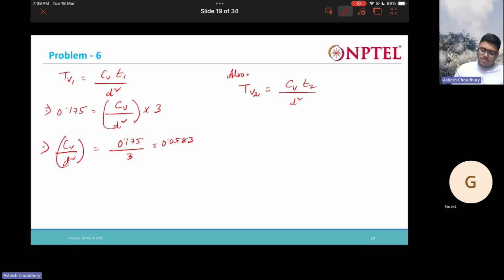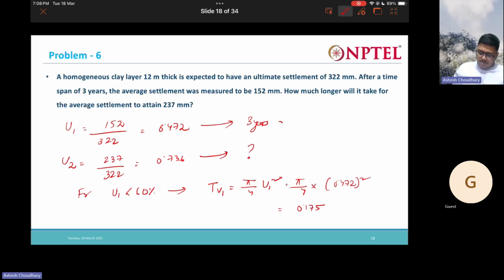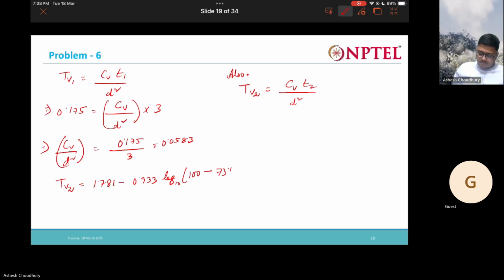So next for this one we need TV2. Now TV2 for more than 60% settlement we have this relation, right? 1.781 minus 0.933 log 10 of 100 minus how much? 73.6. And I will get 0.455. So now I can write 0.455 is equal to CV by D square times T2. I already know 0.0583 times T2. I can get T2 is equal to 7.8